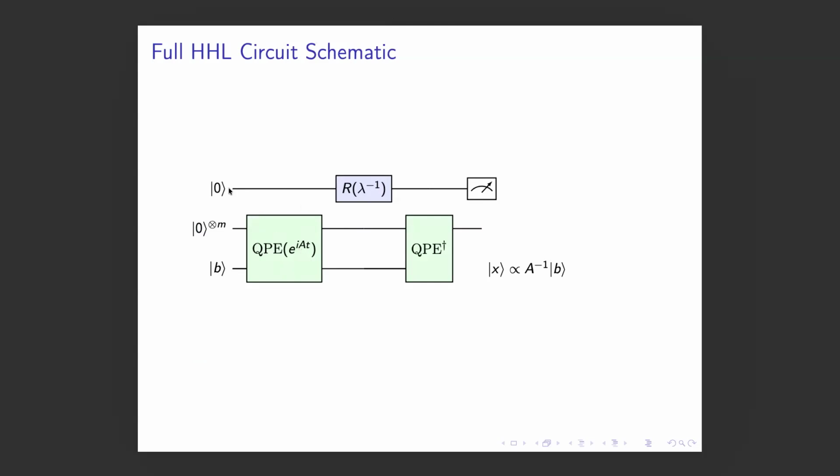Then we have the ancilla qubit, and after we did that, we have now a rotation on this qubit 0, and that gives us a linear superposition in terms of qubit 0 and qubit 1 for the ancilla system. Then what we do next is that we perform an inverse QPE in order to get, obviously,